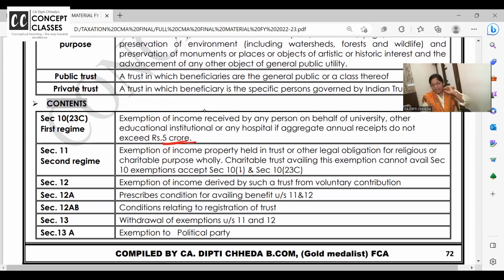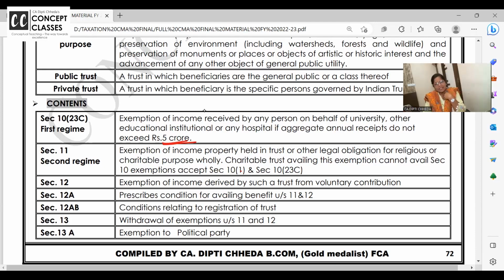So you know, trusts are covered basically in two types. 1023C, if you remember, I said these are educational trusts, that is schools, colleges, universities, or hospitals. You all know that schools, colleges, hospitals which are registered under 1023C are not working with a profit motive. You say, ma'am, one of the biggest businesses is schools? Those are all private schools. Some international schools, IB schools, whatever, they are fine.